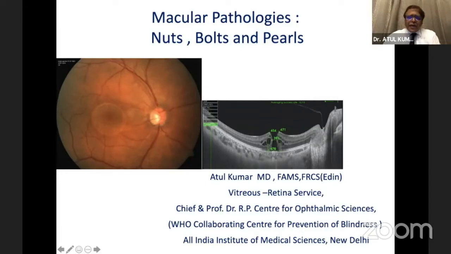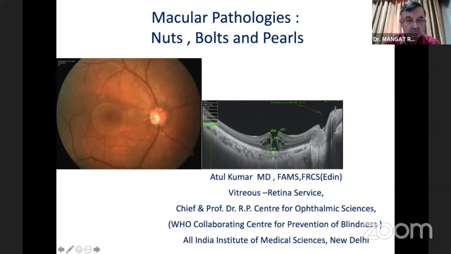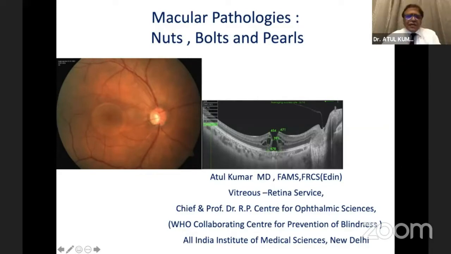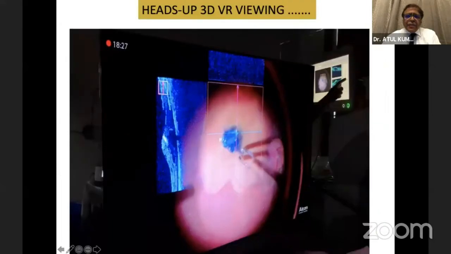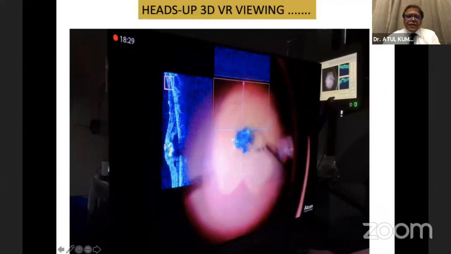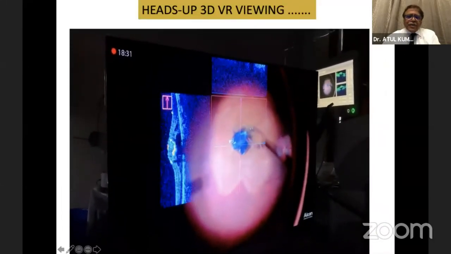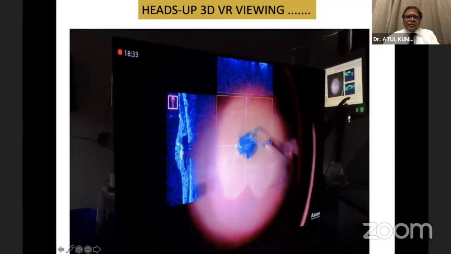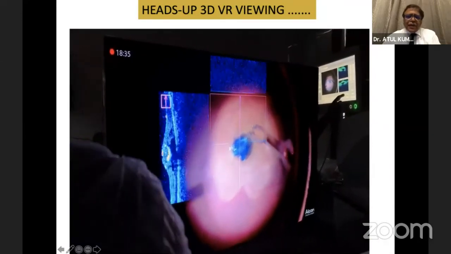Talking a little bit about macular pathologies, which we get to see a lot more, possibly because of better imaging tools and modalities available to us, and sometimes the wrong interpretations we were making have improved because of multimodal imaging. So I'm just showing you the various macular pathologies, surgical macular pathology.